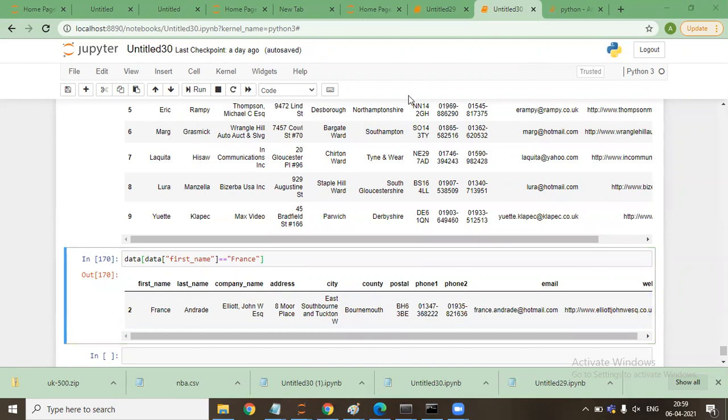Okay. So now what I wanted to do, I wanted to select only 2 or 3 columns of this data. How can I do that? If I say here, okay, I'll copy this, I'll paste this here, I'll say only 2-3 columns, say city, county, and postal.